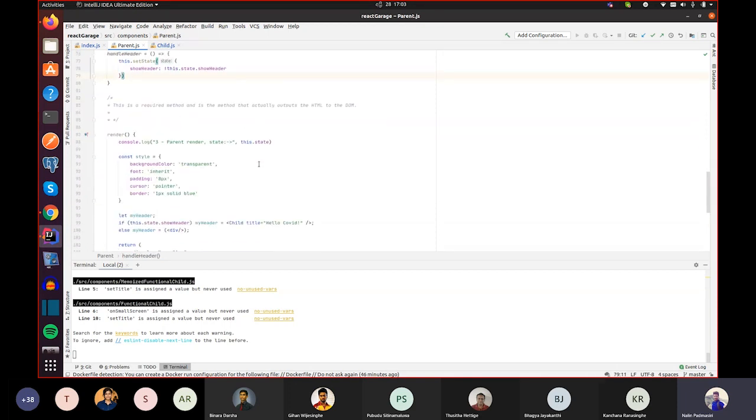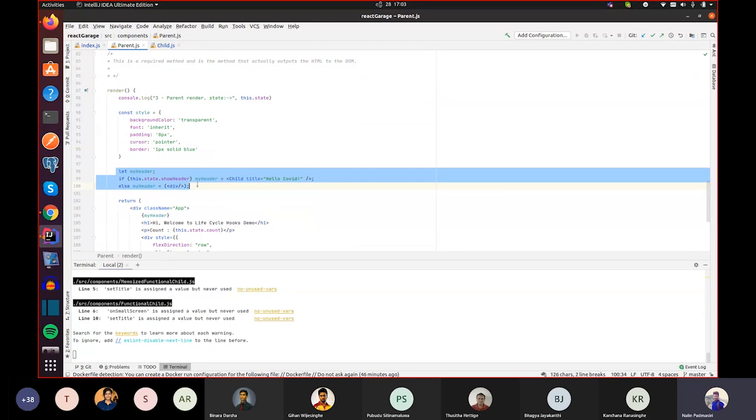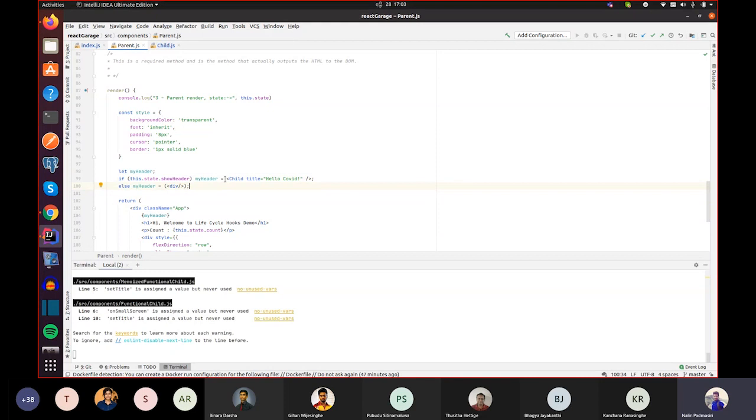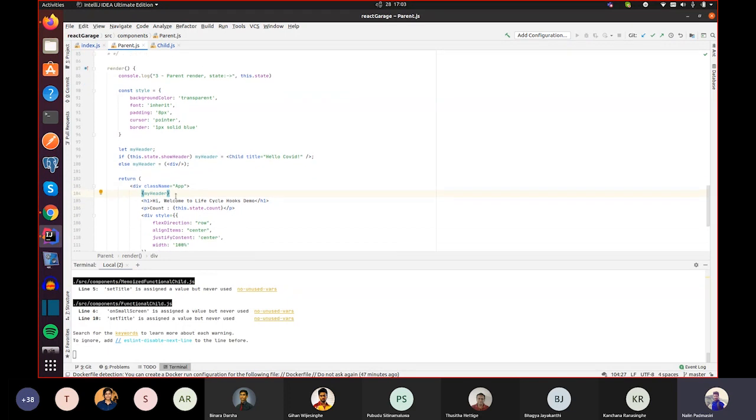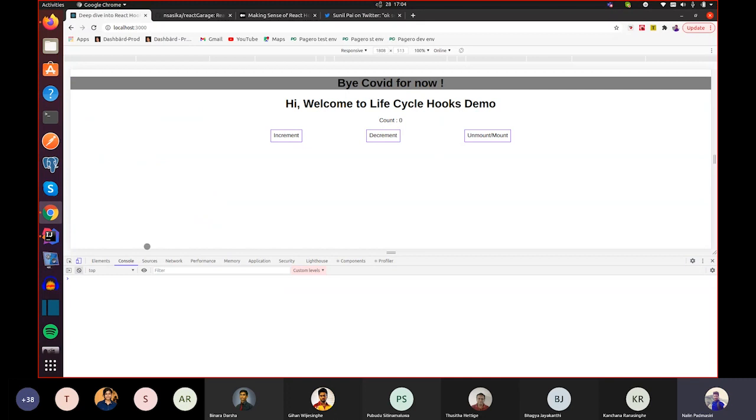So that means in these lines, considering the boolean value of this state, it will have either the child component or an empty div in this variable, and it will be deployed here inside the return function. So that means, as these are two different components, this is a custom component and this is a predefined div, my component will be removed from the DOM. Let's see how this will happen.